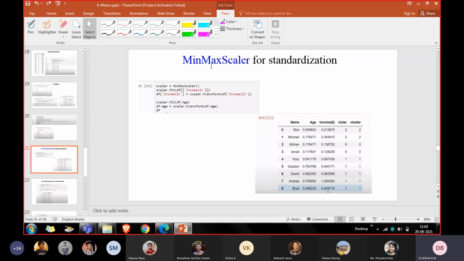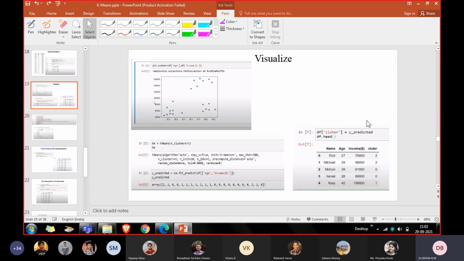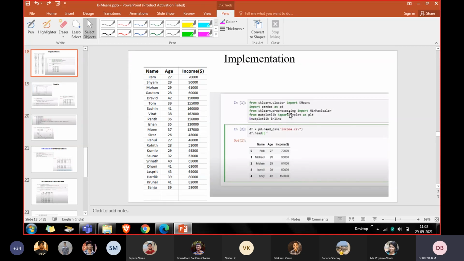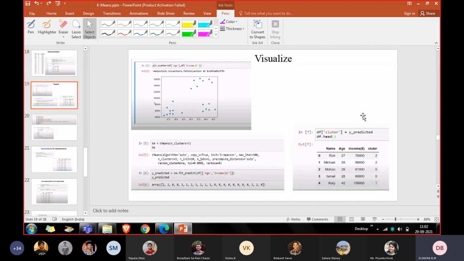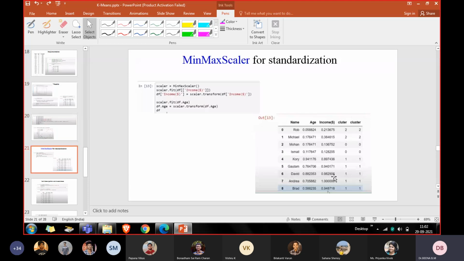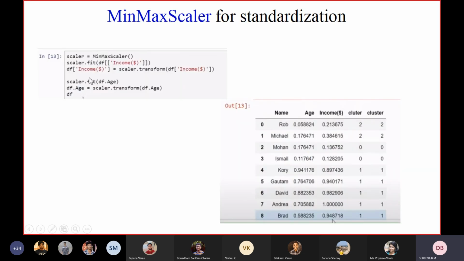We use MinMaxScaler for normalization or standardization. MinMaxScaler you saw in the first line I showed; we import MinMaxScaler from preprocessing for normalization. Now I'm converting the x and y features into a normal range, a common scale.